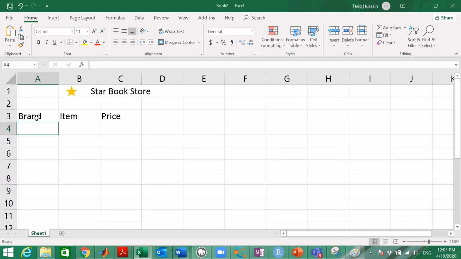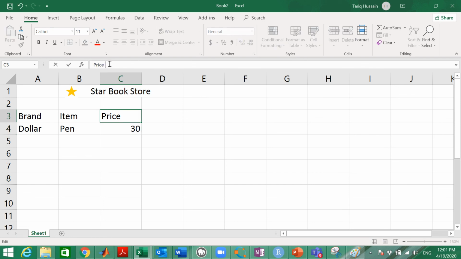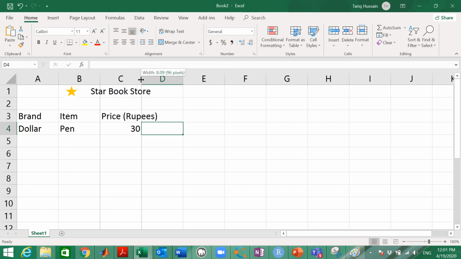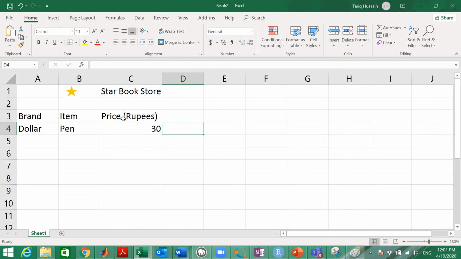I'm not making it a long video, so you can say that your brand is Dollar, for example, the item is Pen, and the price is 30. You just need to write Price in Rupees. So you can see that if I use Rupees, I can change the width of the column, because Price Rupees is a long sentence.